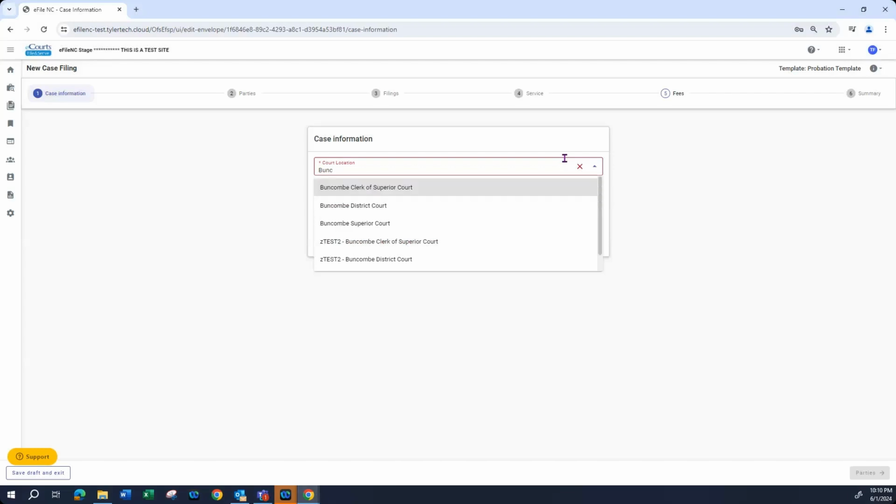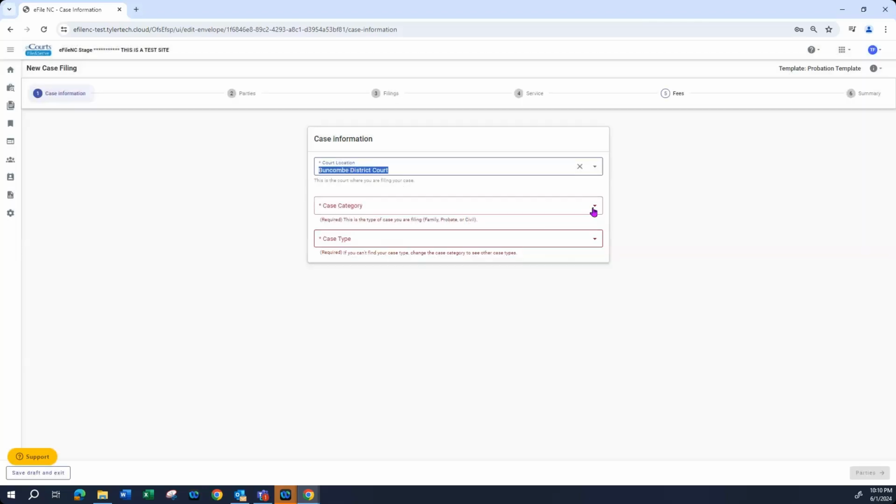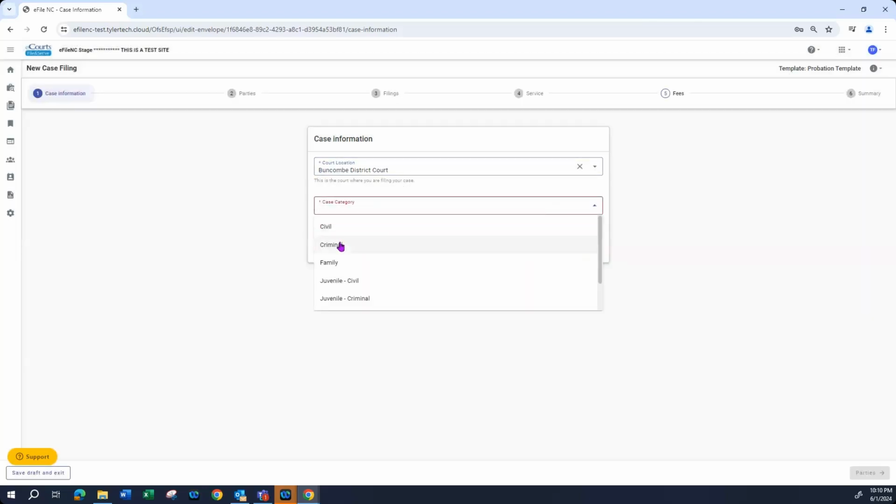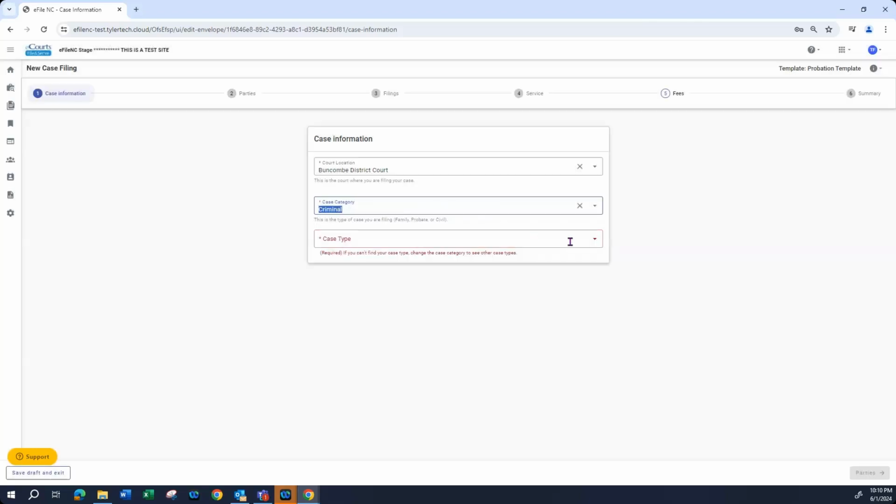In this case, I would like my template for criminal cases in Buncombe District Court to be electronically filed only with the court. As you know, the filing code that you will use is the all caps probation filing code. You may then select Save